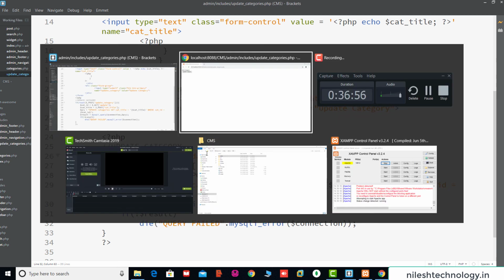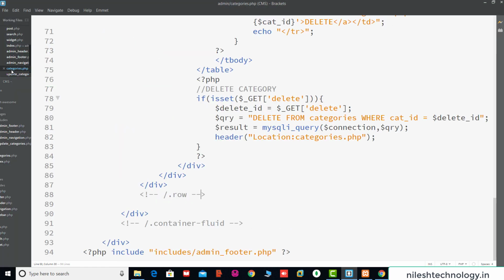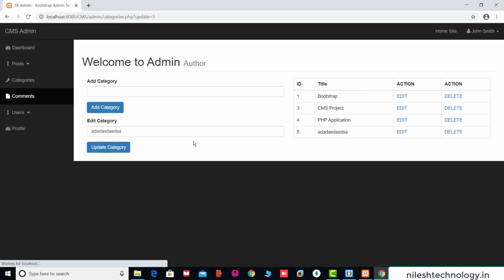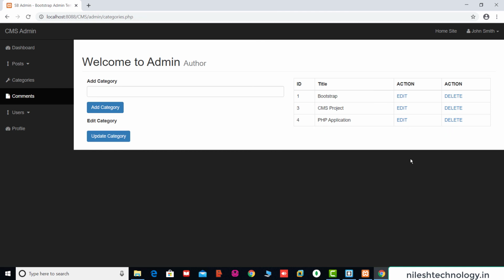Now we run once more. So here categories.php. So this one, refresh this page. Now we click on this category number 5, edit. So my new category name is test1 update. So see, category 5 is updated. Okay, now again we click number 5, then this is test1. We change this to test 4x1 update category. Okay, these are updated. When you click on this delete, the category was deleted. Okay, so here we finish this admin category section.